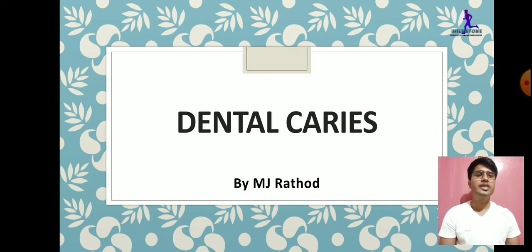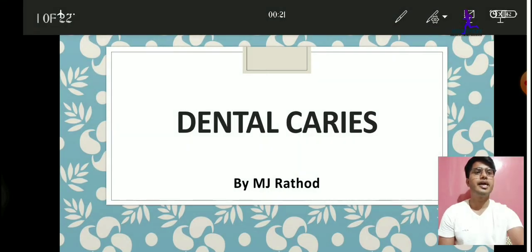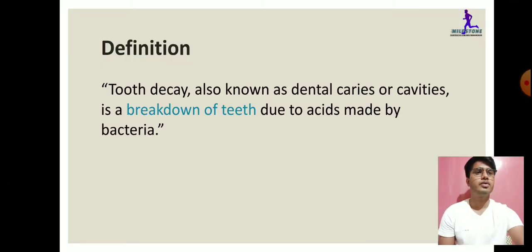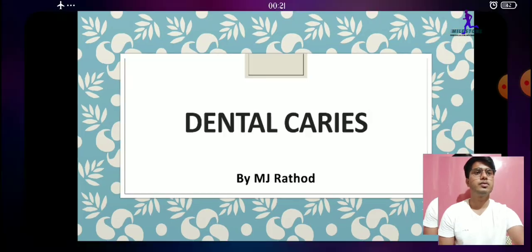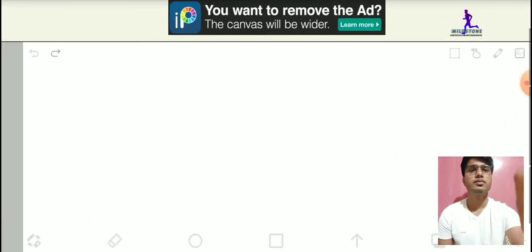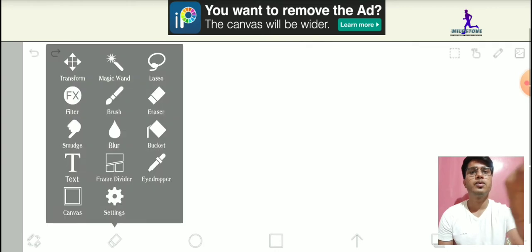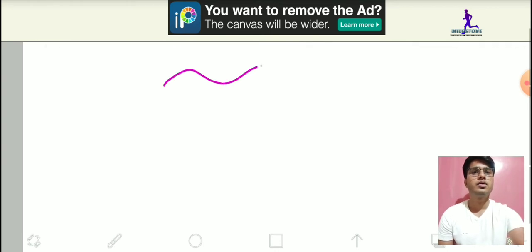Now, as you can see, this is a tooth pathology or dental pathology. And before going into the detail of the dental pathology, we should have some basic idea regarding the tooth. So that's why I'll get some basics clear regarding the tooth. Okay, so suppose this is your beautiful tooth.